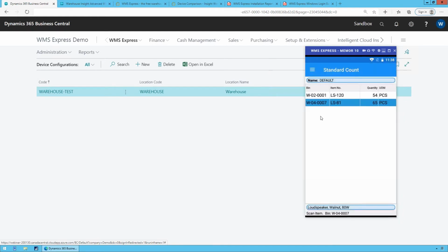So those are the two mechanisms we have for counting. You can either generate the count ahead of time, like a cycle count or full physical, send people out with a list of items, and it'll show up exactly like this. It'll list all the bins and the items they need to count. And they scan the bin, they scan the item, they enter the quantity, and that's it. Or you can send them out with a blank sheet, and they can scan everything, and then we go into